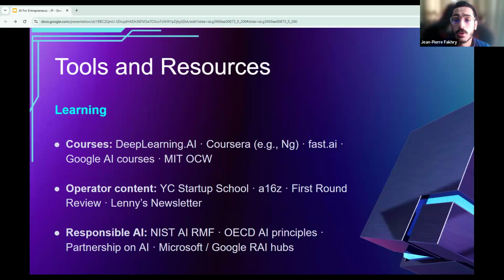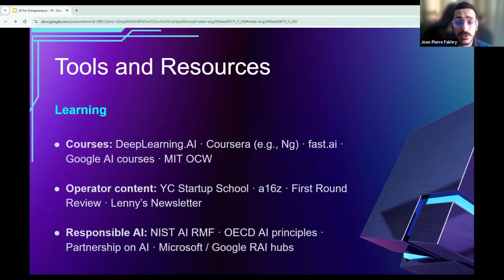There are also many more, like operator content. It's not a formal term that you will find in a textbook. It refers to content created by people who have actually built and scaled companies. As opposed to academics or journalists, it is the difference between reading a research paper, for example, and reading a memoir by someone who opened, let's say, a business and failed and at the end made it. It tells you what decisions actually felt like in the moment, what frameworks founders used, and how they made it. And this is a very, very important point because this is not something that you can learn at school or any other university, let's say.